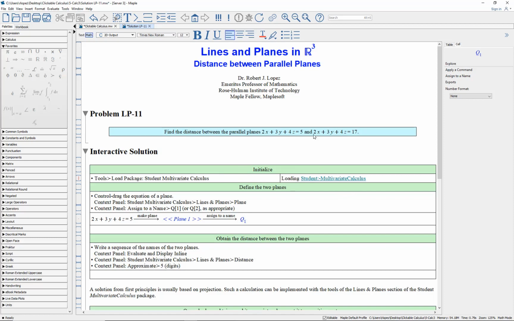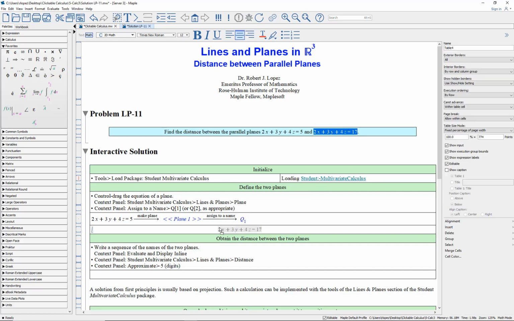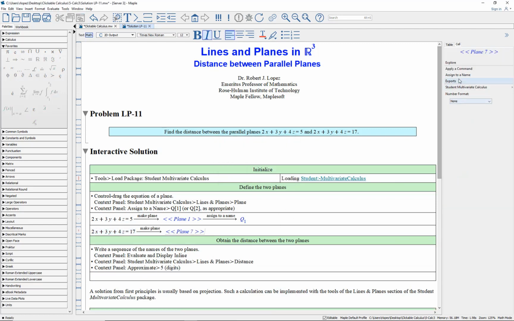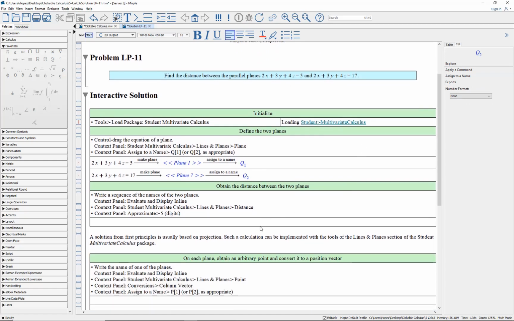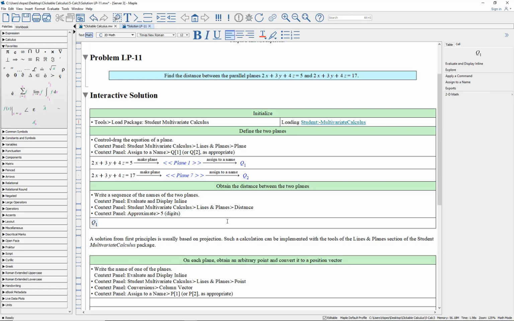I have to do the same thing for the second plane. So do exactly the same thing. Drag it down. Make plane. Give it a name, and I'll call it Q2. Okay, now we want the distance between these two planes. So we write a sequence of the names, Q1, Q2, and I want to do this evaluate and display in line, which I can do from the context panel,